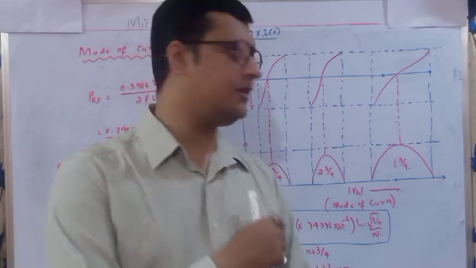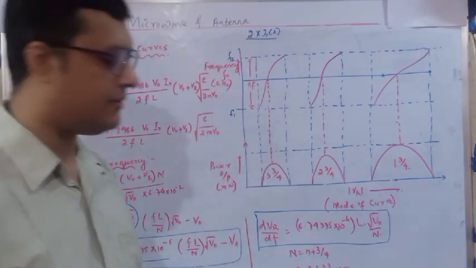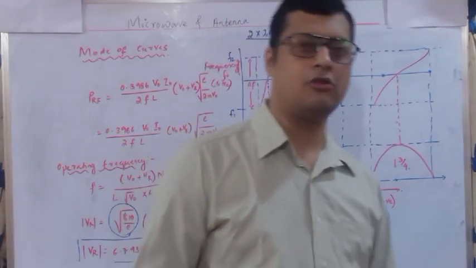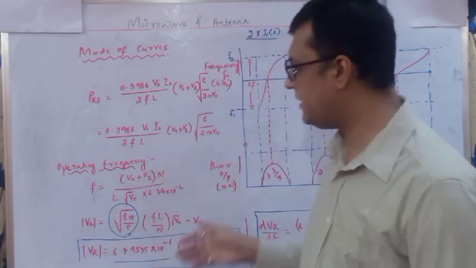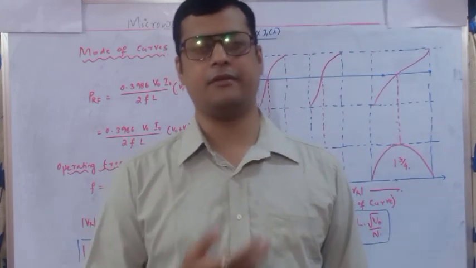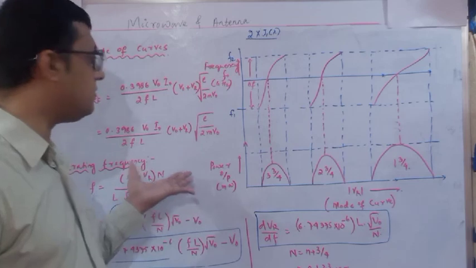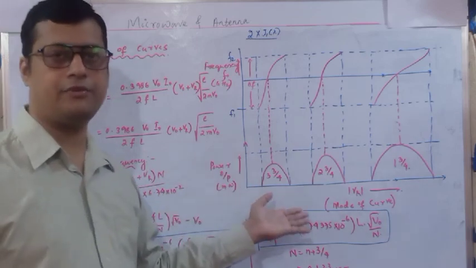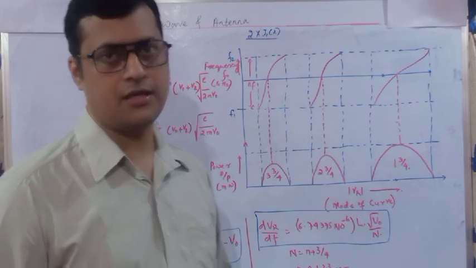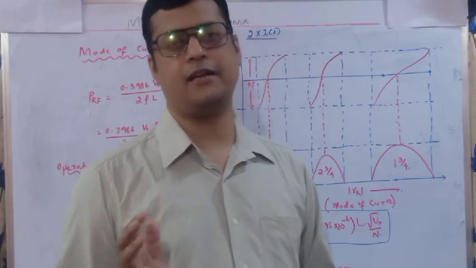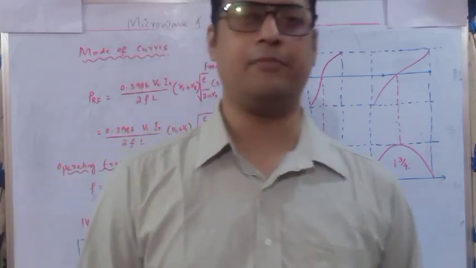Okay. So with respect to this we will solve two numerical and then we will wind up. Almost time is over. I have seen that already 54 minutes we have covered. So with respect to this relation, I will prepare one more video in which we will discuss few more questions with respect to reflex klystron as well as the questions related to this repeller potential with respect to frequency and with respect to the RF output power. For the time being, we will wind up at this point. Again, we will discuss the remaining part and then we will go for the transmission line parameters next class.